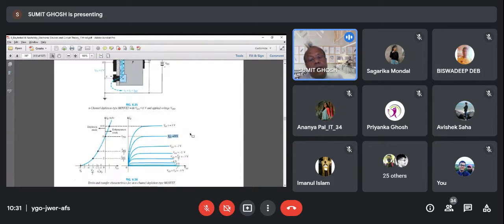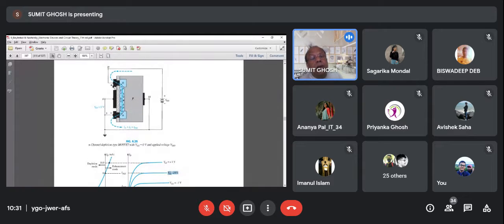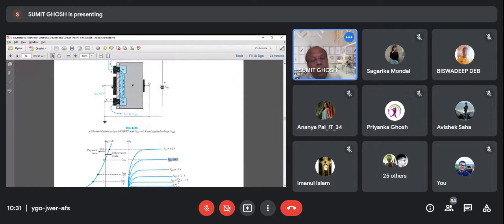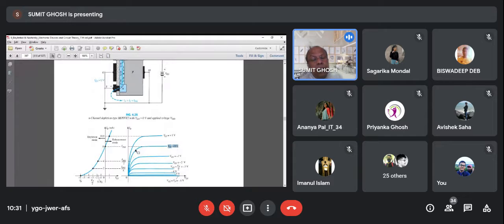Initially, when the drain source voltage is very small, there is very little current. Consider only this curve. Don't look at other curves now. Initially when the drain source voltage is 0, drain current is 0, because if there is no drain source voltage, the electrons cannot be attracted to any positive potential. Only when this becomes positive with respect to source, some current starts flowing, which goes up like this. Till this point, the curve more or less varies linearly.